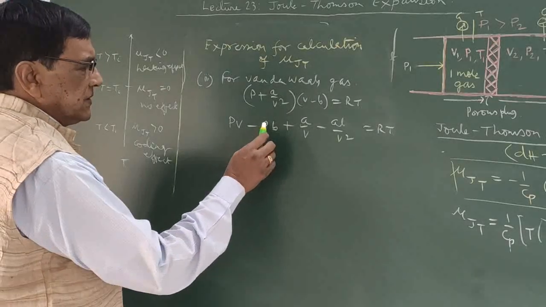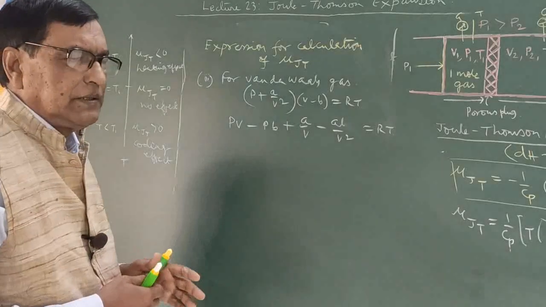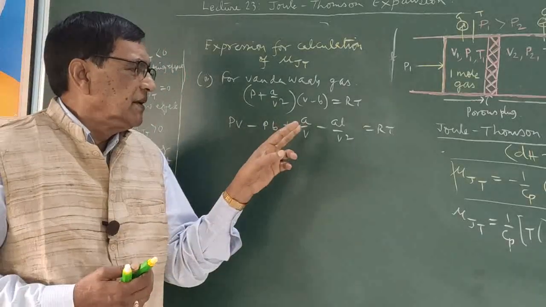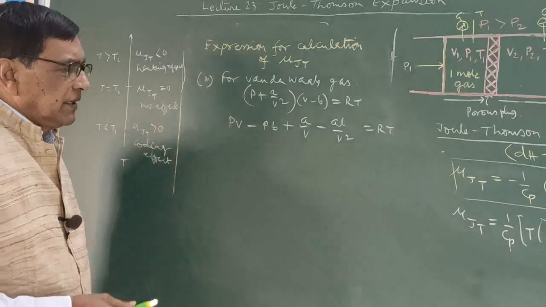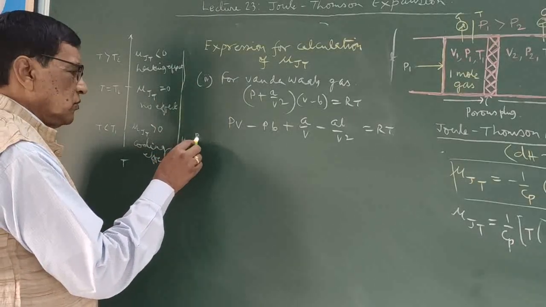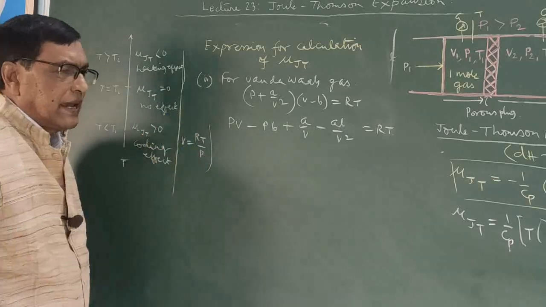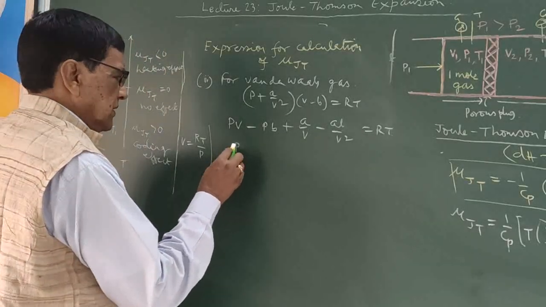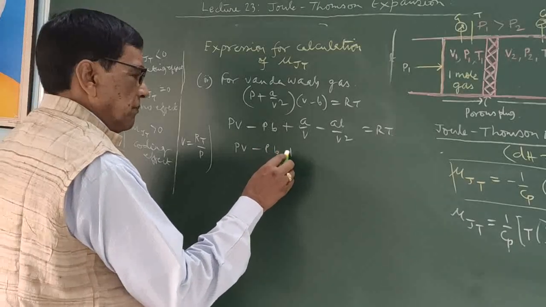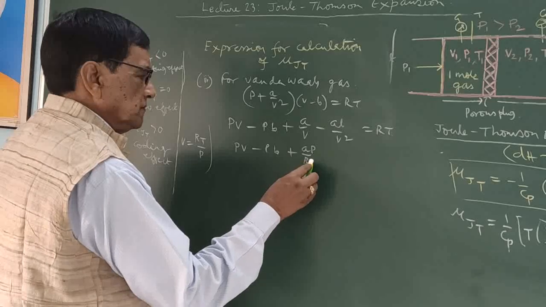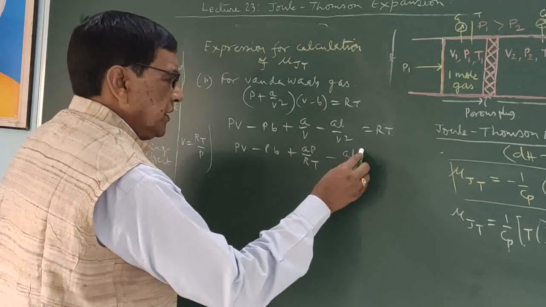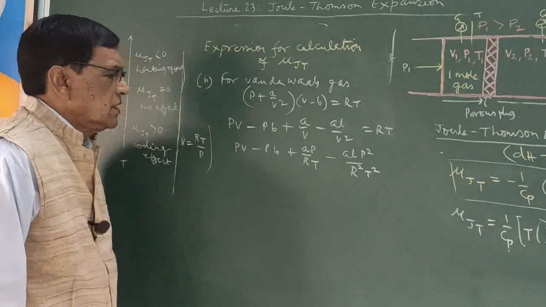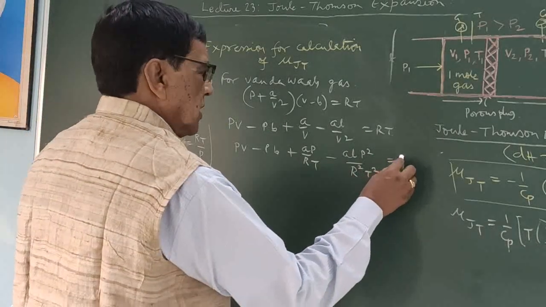So these three terms are the correction terms, and the values of these correction terms are very small. So in this case, we take this approximation that the V we can replace here by using the ideal-gas equation, V equal to RT by P. This approximation has to be made in order to simplify this problem. So this one is PV minus PV plus AP divided by RT and minus ABP square divided by R square T square, and this one equal to